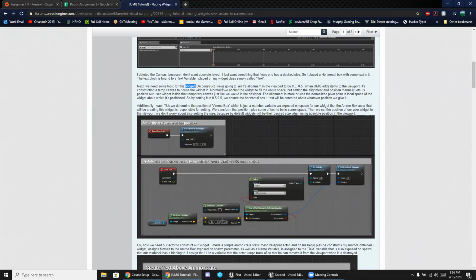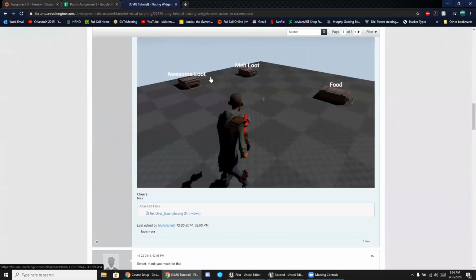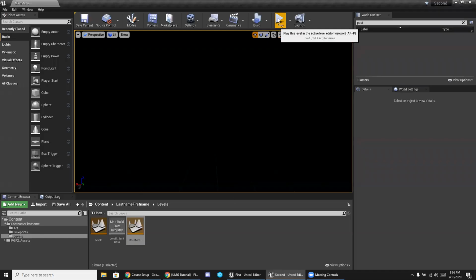So it describes how to set up some basic text. Here's an example of what it would look like. A great example of how we could use this is for our different pickups. You could actually have the name of them show up for each one. An example in game of this